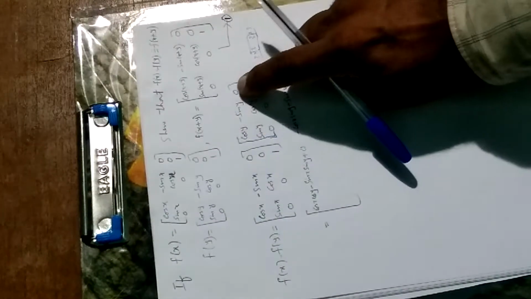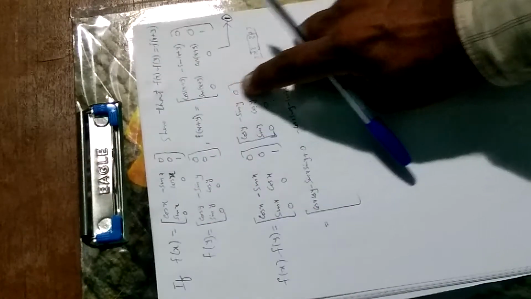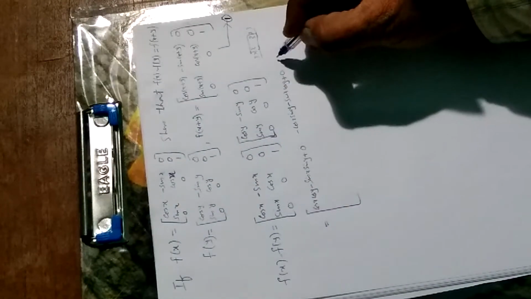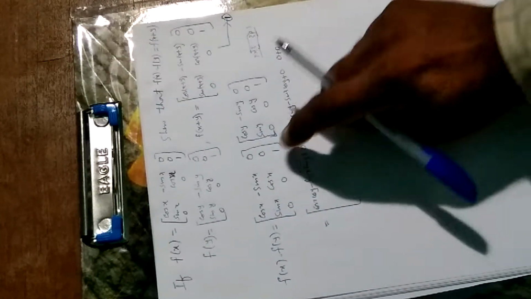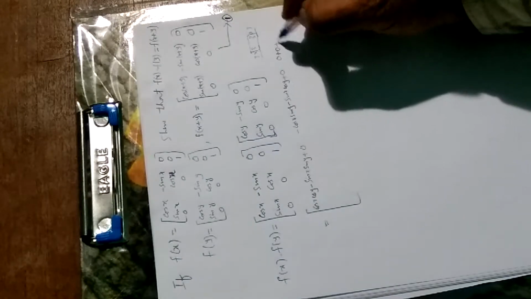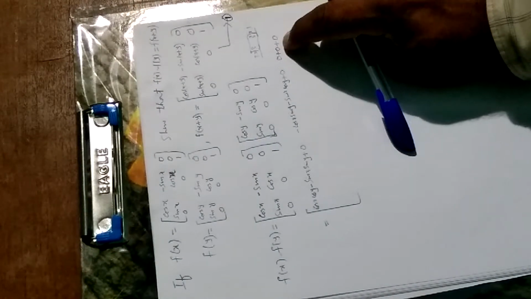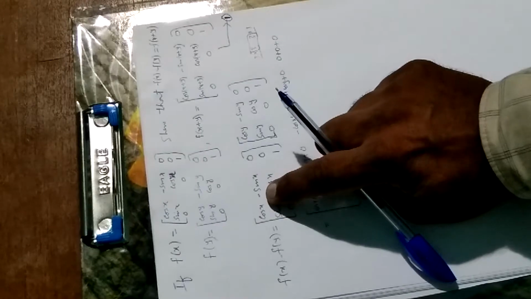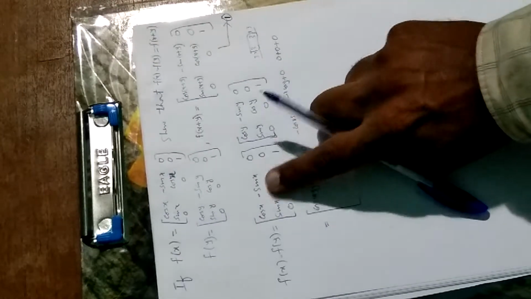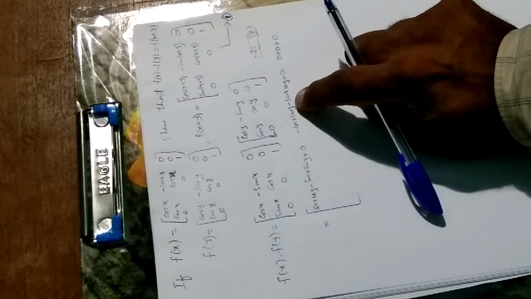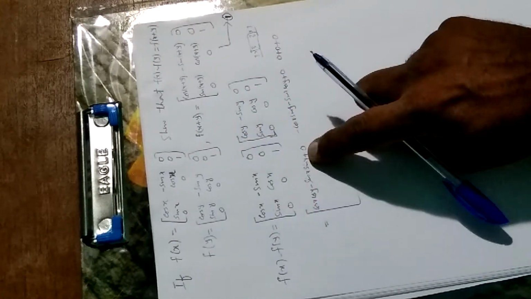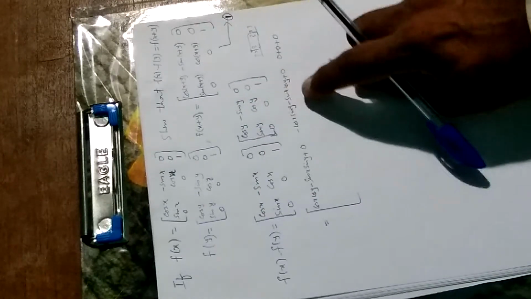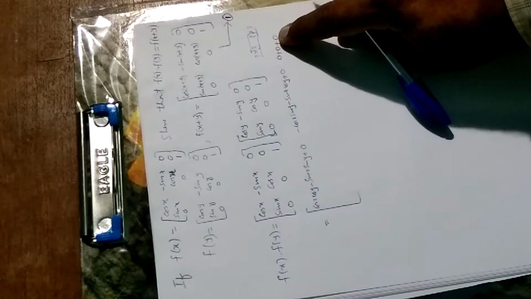Then first row by third column, cos x into 0 is 0, minus sin x into 0 is also 0, 0 into 1 is also 0. Remember, you have to put plus sign in between. Now you may ask why minus here: because this was negative, so even if I write plus, this minus into plus will become minus, so I directly wrote minus here. So we multiplied first row first column, that gave us the first element, first row second column gave us the second element, first row third column gave us the third element, right?